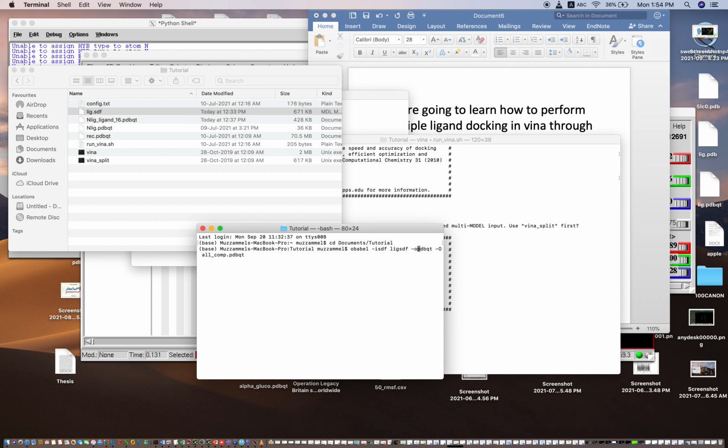The next is the output format, which is represented by -o. -o means the output format. In our case we need PDBQT, so that is pdbqt, then -O, and remember this -O is in capital form, in caps.